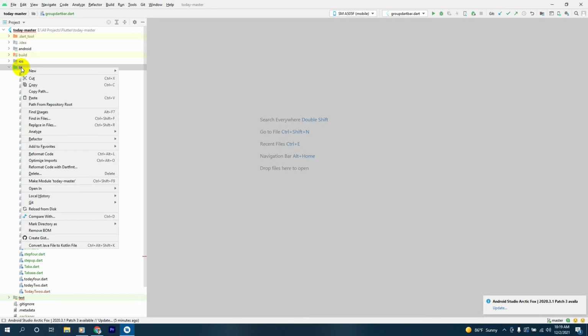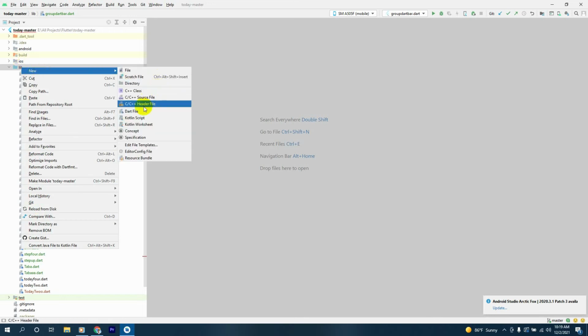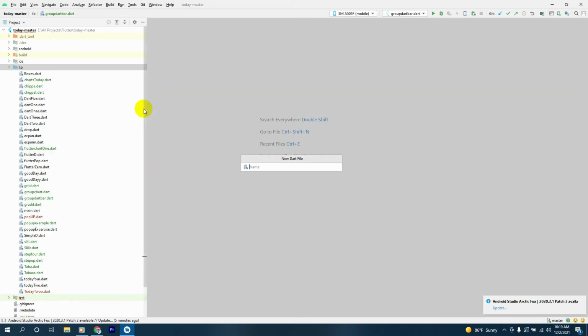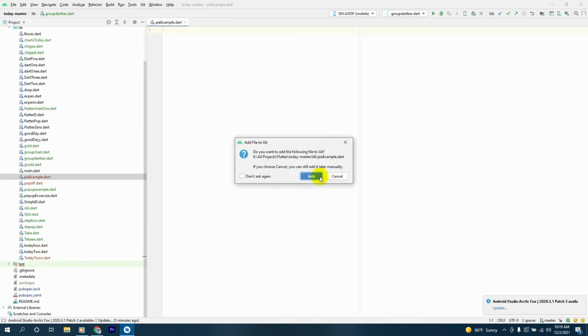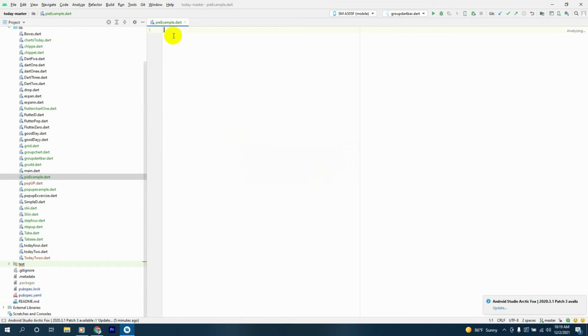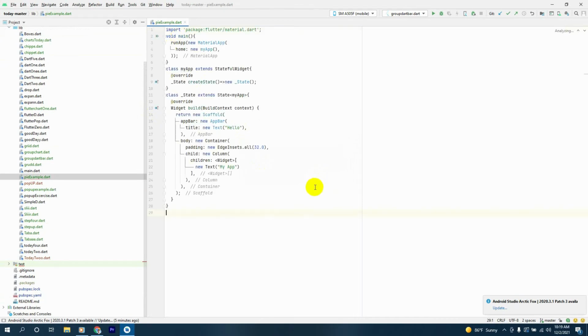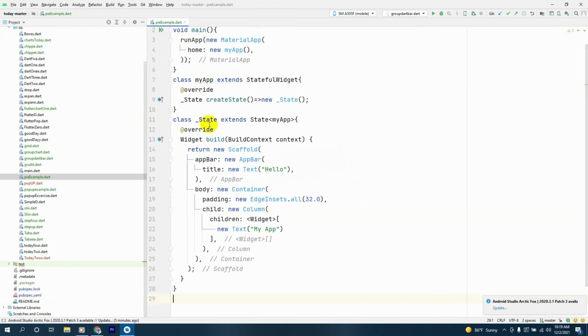and right click it and say new and select dart file. We'll call this pie example. Next thing, inside the pie example.dart we'll have our live template. Just like that. Okay. Next thing,